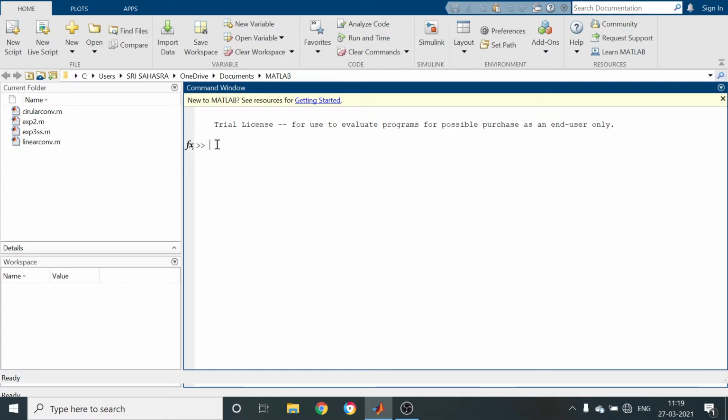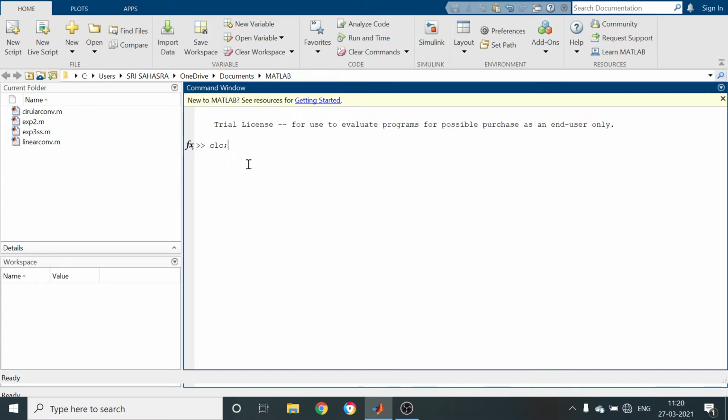Whenever we write a program, you have to write CLC. CLC is the basic MATLAB command which is used to clear the MATLAB screen. Similar to C language, every instruction ends with a semicolon, and this is also a case sensitive language.